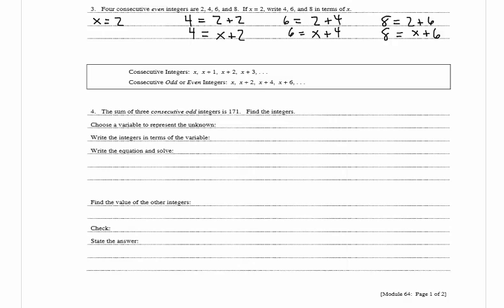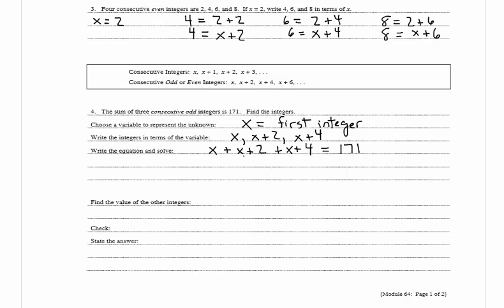In 4, it says the sum of 3 consecutive odd integers is 171. Find the integers. And now it wants us to choose a variable to represent the unknown. So I'm going to say that x is equal to the first integer. And in the second direction, it says write the integers in terms of the variable. Now, we're looking for 3 consecutive odd integers. So x is going to be our first integer, and then x plus 2, and then x plus 4. And now we want to write the equation and solve. So we want the sum of the 3 consecutive integers, so x plus x plus 2 plus x plus 4 is equal to